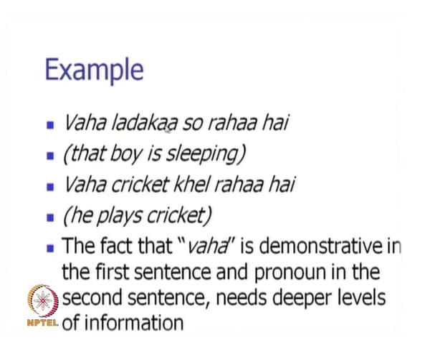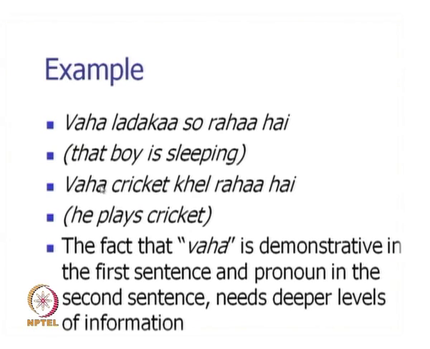So, even though the sentences have very similar structure, this wo is a demonstrative, this wo is a pronoun. The fact that wo is demonstrative in the first sentence and pronoun in the second sentence needs a deeper level of information. If you think for 2 minutes, why is it that this wo is a demonstrative and this wo is not a